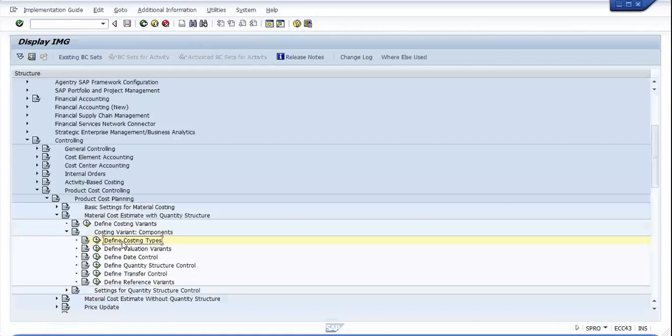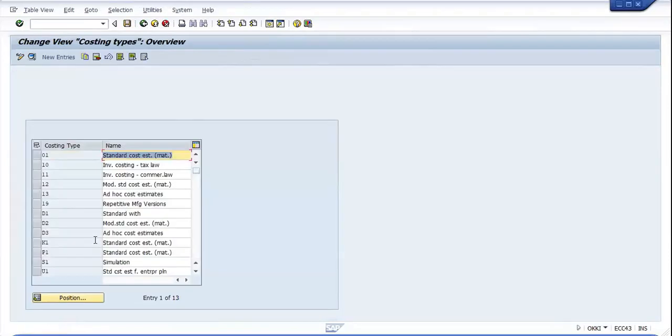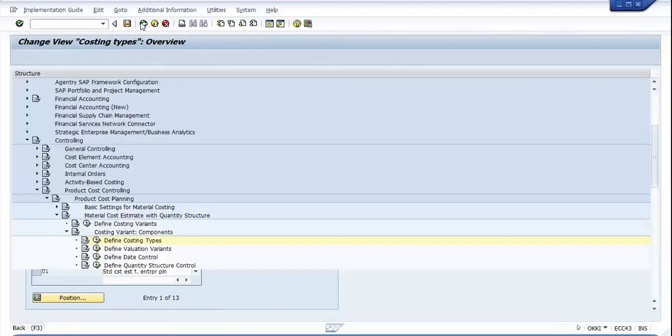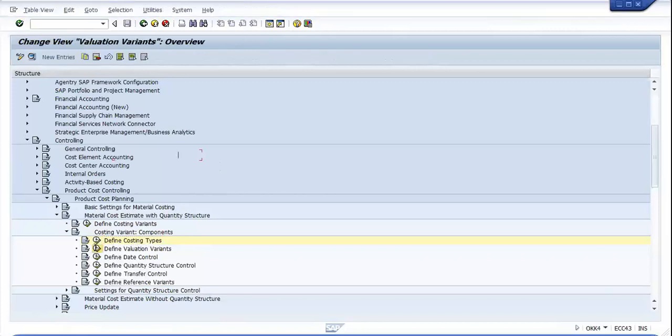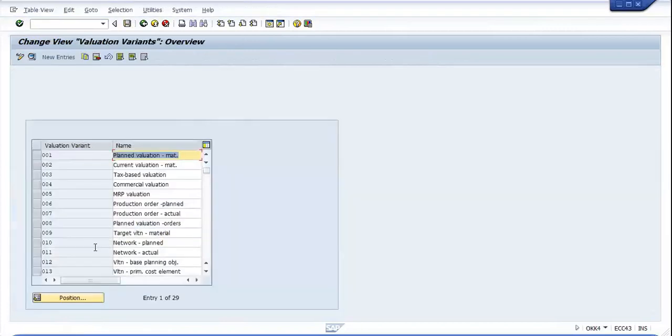If you go into the organization, you can see what the defined costing types are. You will find they are using the standard costing types, or they can copy and make a custom one. Here they have done K1, D1, D2, K1 SY, UI. Those are the standard copied ones. Now the important field is the define valuation variant. What is the purpose of this configuration?